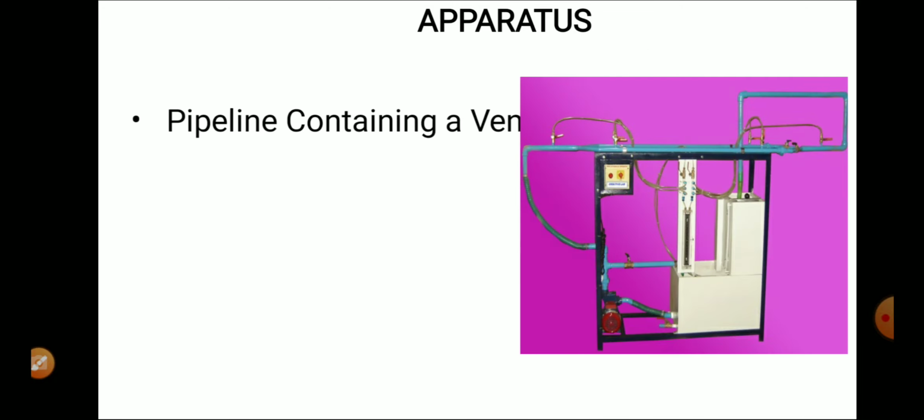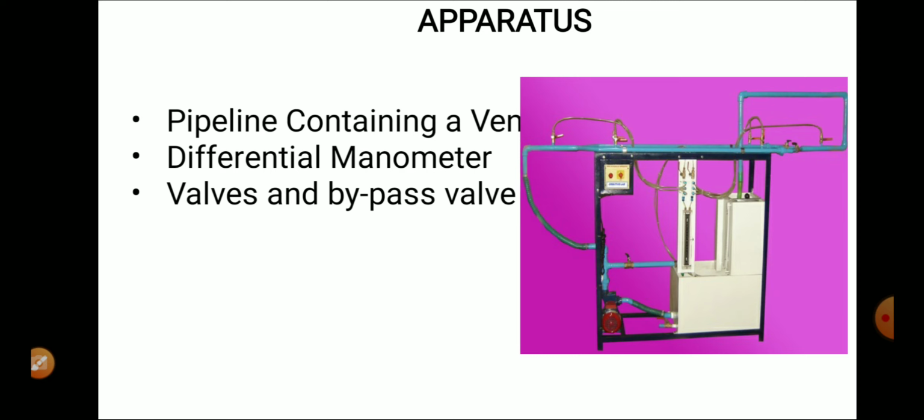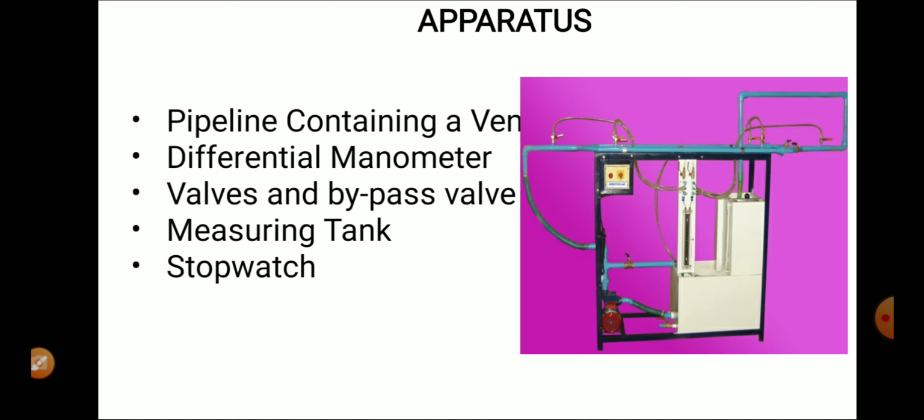The apparatus consists of a pipeline containing a Venturi meter, with pressure tappings from the Venturi meter to a differential manometer to measure pressure difference. By operating the valves provided at the downstream, the flow can be regulated. The present setup is a self-contained water recirculating unit, provided with a sump tank and a centrifugal pump. Flow control valve and bypassing valve are fitted in the water line to conduct the experiment at different flow rates. Flow rate of water is measurable with the help of measuring tank and stopwatch.